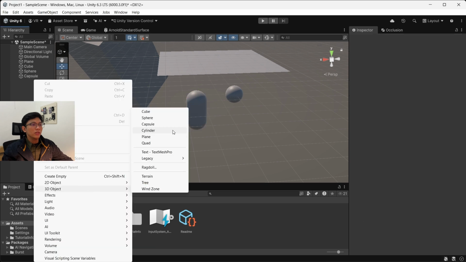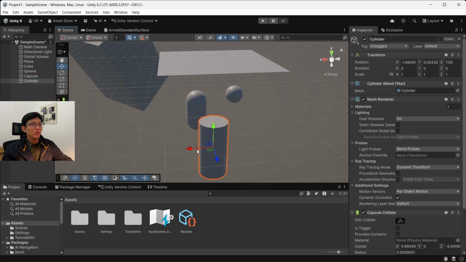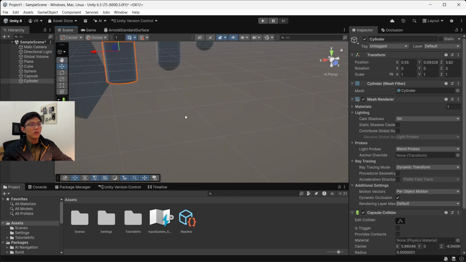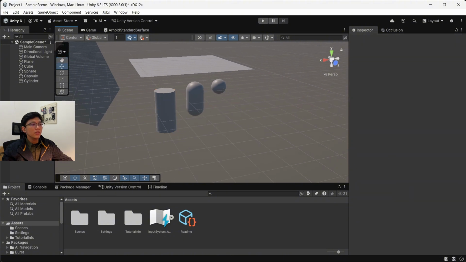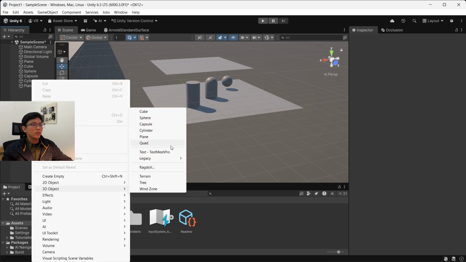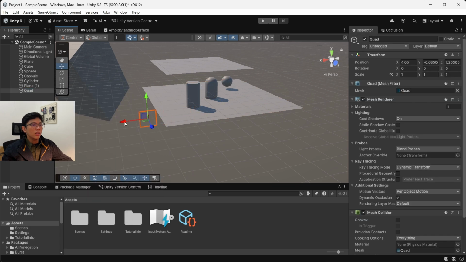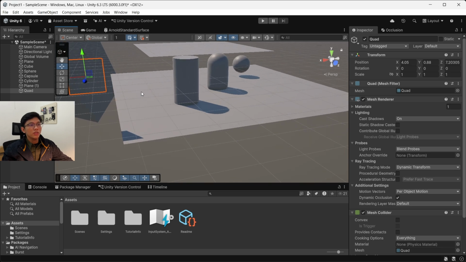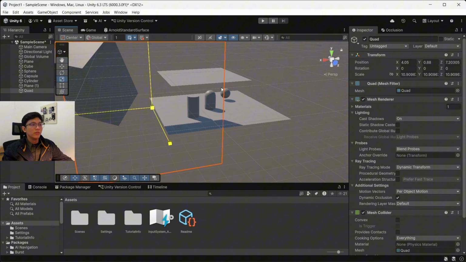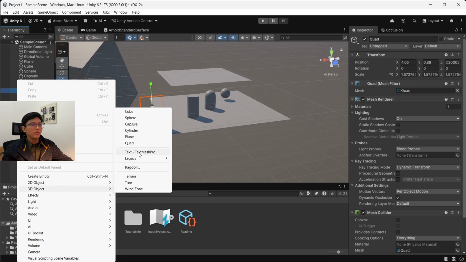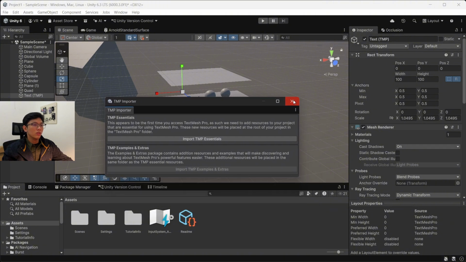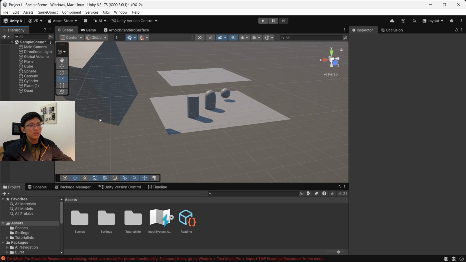Then we add a cylinder, which is a tube-shaped object often used as a pillar or column. Then we already have a plane. Next is the quad, which is a thin flat object in Unity usually used to display images, textures, or simple visual elements. Then we have Text Mesh Pro, which is a 3D text object used to display text directly in the scene.